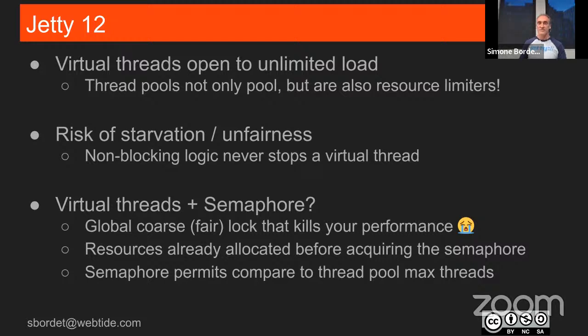So much so that the current solution that is proposed around is to do what? To use a semaphore in front of your system. So basically, you're putting back the resource limiter in the form of a semaphore. So at the front, you say, hey, virtual thread, no problem, go on. But then as you have a virtual thread, you hit the semaphore. A semaphore is virtual thread friendly. It will park momentarily the virtual thread, but it will not pin the carrier, which is the important bit. And then we will say, okay, from the semaphore down, I know that my system now runs with at most 200 concurrent requests.